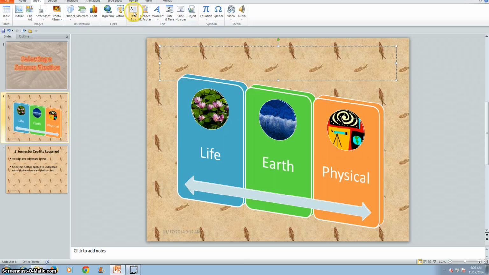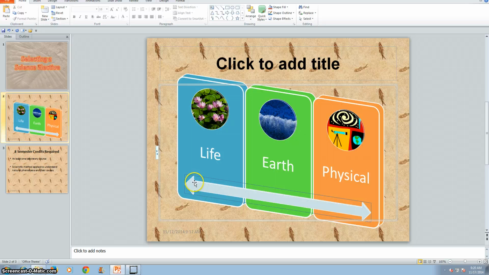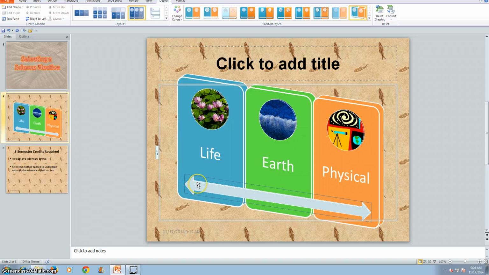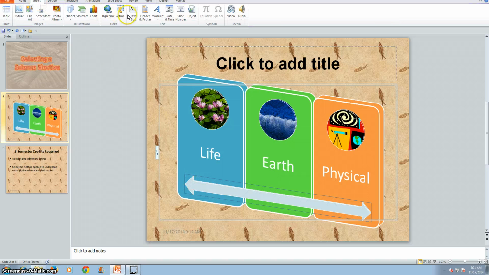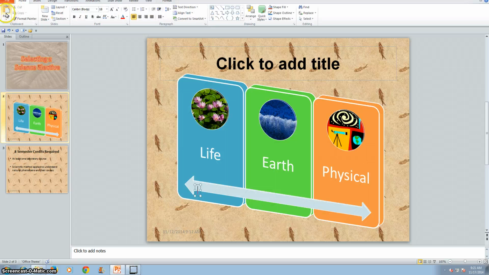And then we're going to click on the text box button. We want to position the mouse pointer on the arrow at the bottom of the 3 shapes. So here's the arrow. We're positioning the mouse pointer, and we're trying to get that cursor inside. So click the arrow to insert a text box. Here we go. And then we're going to click the paste button on the home tab to paste that title